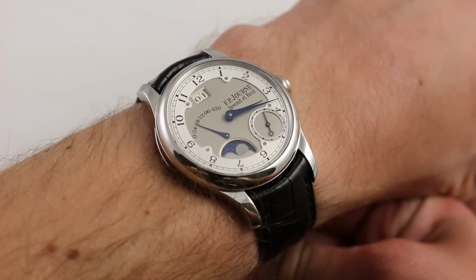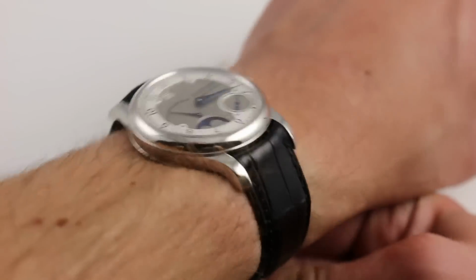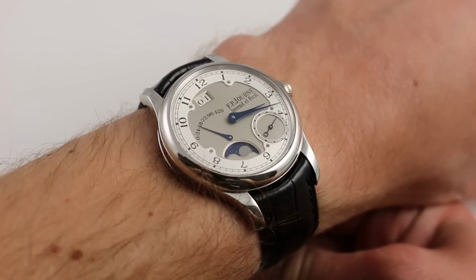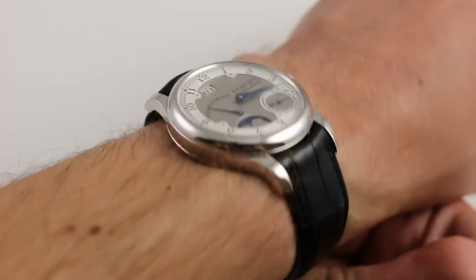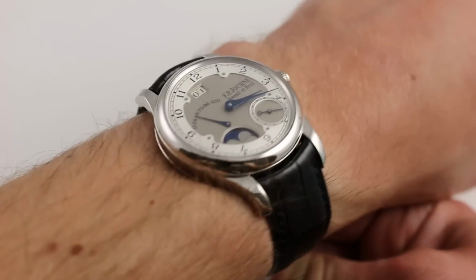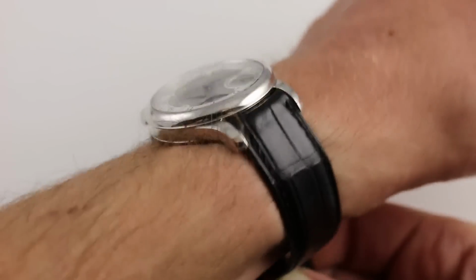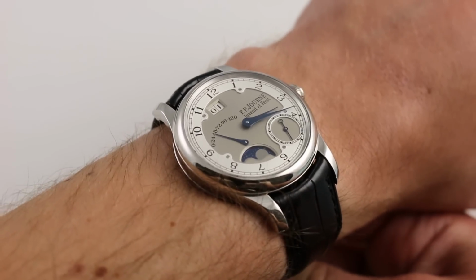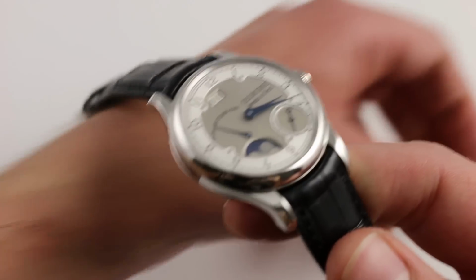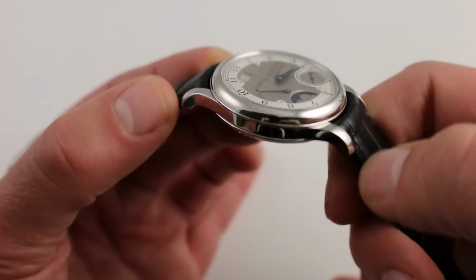This is a 36mm case, so FP Journe sort of abided by the classic definition of a watch as bezel, case, and lugs to create that tripartite coherence that essentially accepts that with a smaller case, you need larger, more flowing, more complex lugs to create definition and visual strength as part of that total aesthetic package. Now, it has a lot of platinum in it. The case, because of those broad, sculpted lugs, actually has great weight for a 36mm watch, and because the case itself is 36mm, Journe's able to visually extend those lugs and make them a more active part of the aesthetic